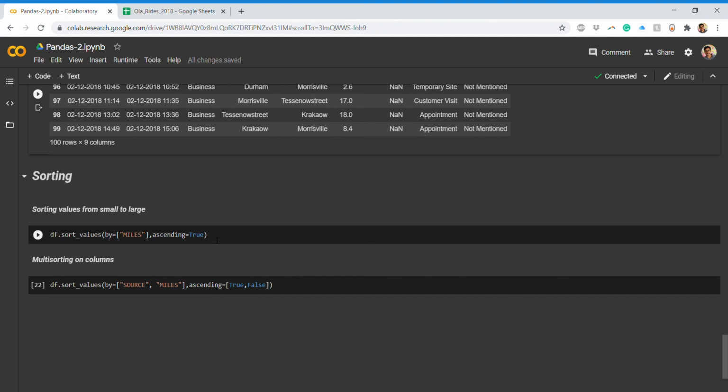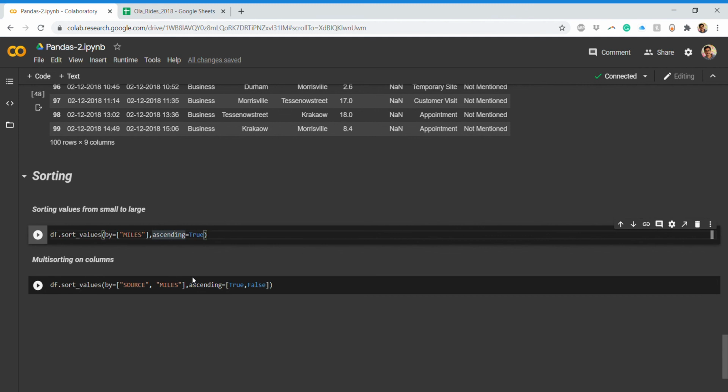Next, we have a data manipulation activity that is sorting. It will sort the values from smallest to largest. You have this function called sort_values. So it will sort the values by miles. So this is one data frame, and to this there is a parameter that is ascending.